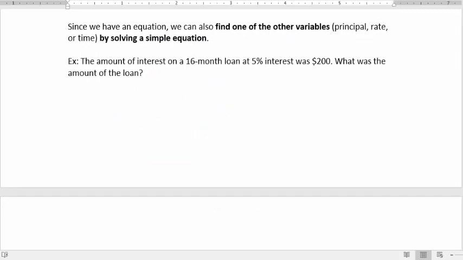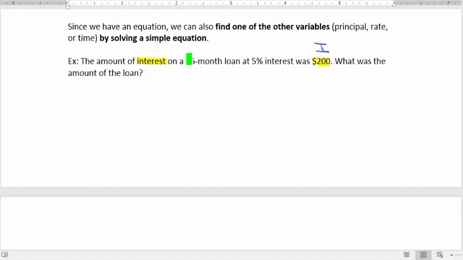Now the nice thing about having an equation again, as we did with the percent equation, is we can actually solve for other variables. We don't always have to find I, right? We can find other variables just by solving a simple equation. So in the case of this, they're telling us the interest was $200, right? So that's your I,